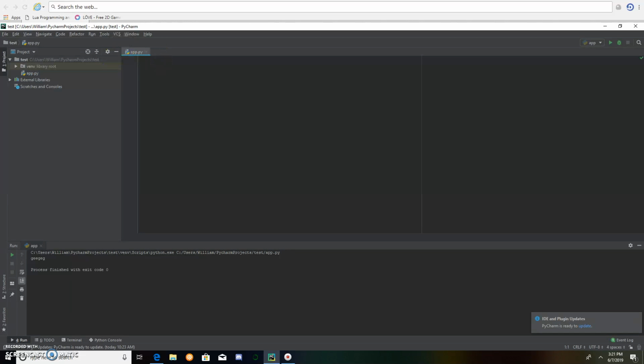So, here's what I'm talking about. I'm going to use myself for an example. Billy equals input, and let's see what I'm going to say: What is your age? Billy, I'm actually not going to tell my age, just for demonstration purposes, but after you have done that, say print